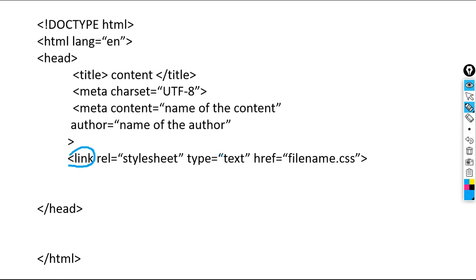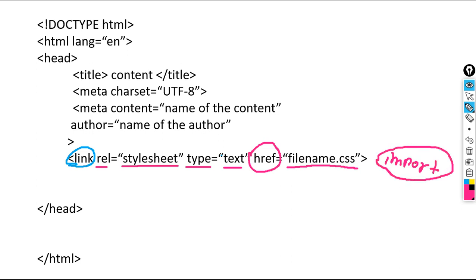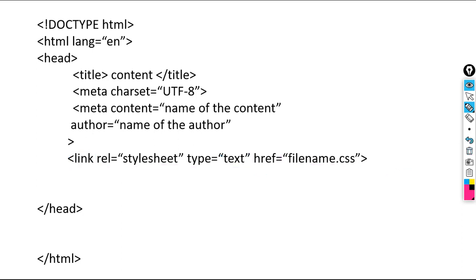We have the rel attribute with value stylesheet, then the type attribute text. Then we have href. What is href? Reference to the file, where we can write the path of the file which we want to import into this current HTML document. Okay, now let's move on.